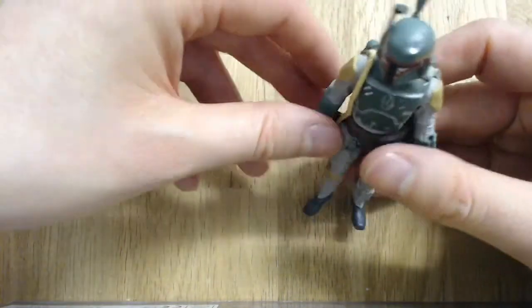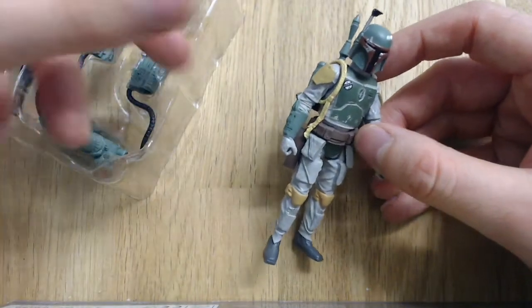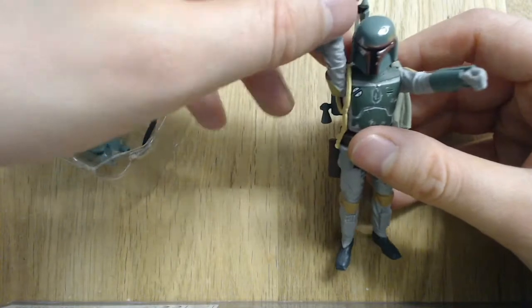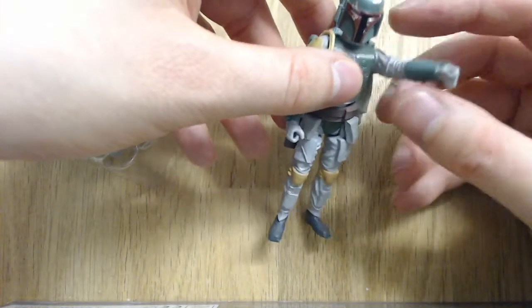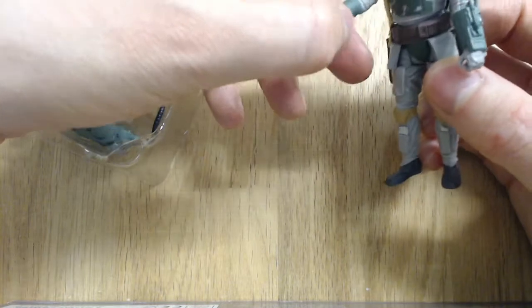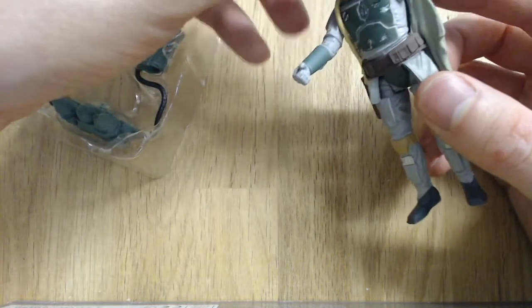But this is definitely cheaper than the original Star Wars figures that sensible people like me played with when we were a kid. His arms, this arm feels very loose, and this arm is incredibly loose as well. If you get some plumber's tape, some PTFE tape, whatever it's called, you could make it a little stiffer, but...